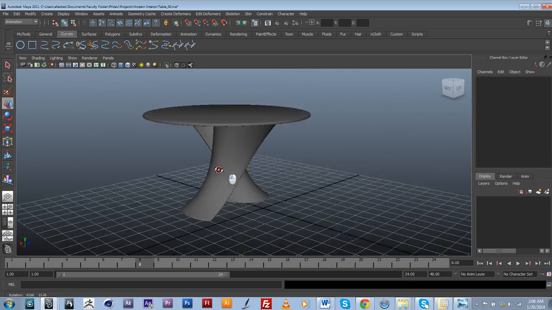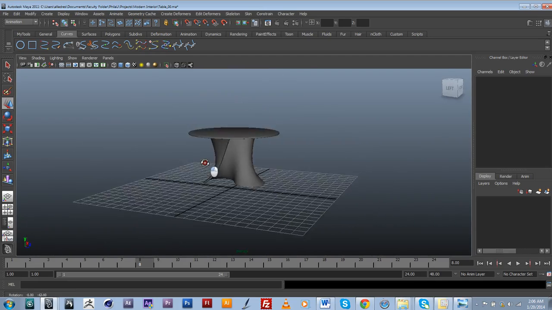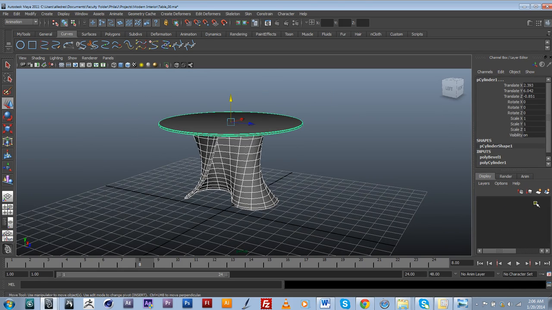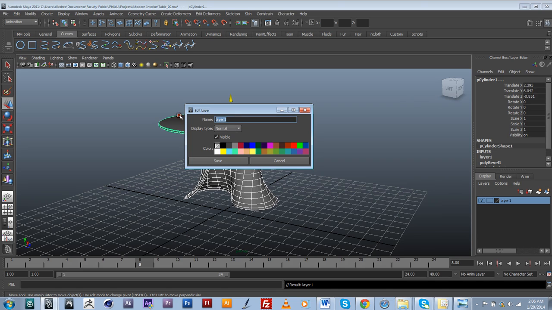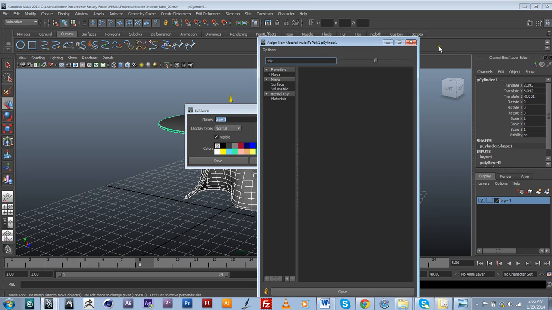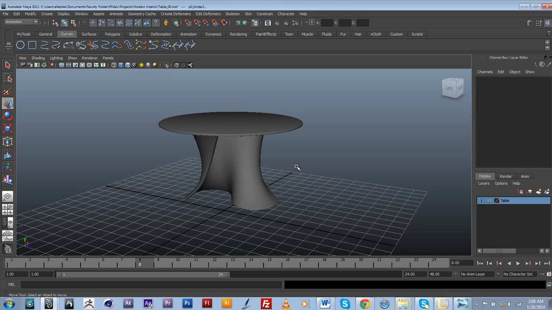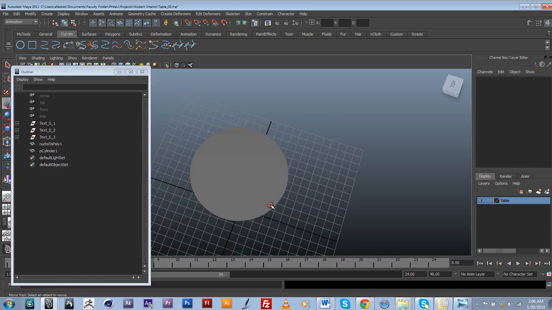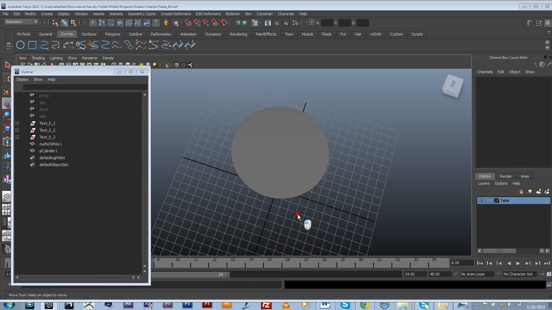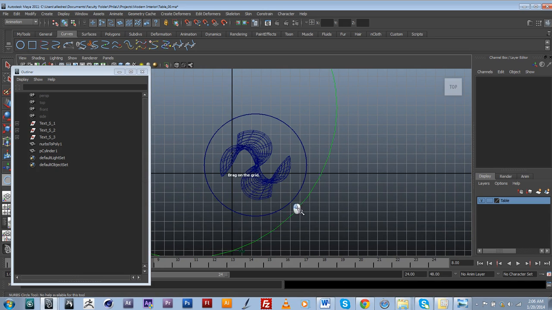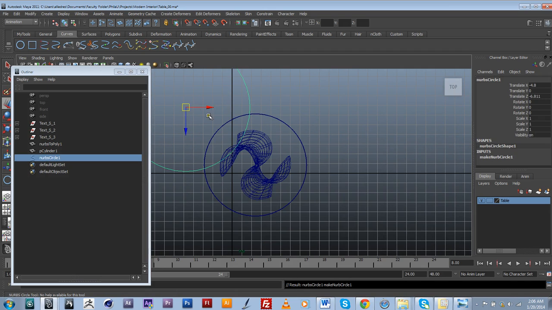And the last thing that I can do, just to make sure that all things are organized, is select this and create a layer for my table. Oops. Save that. I can go into my outliner and group a couple things. So just like I did with my couch, I can go into my top view and create a spline circle here,